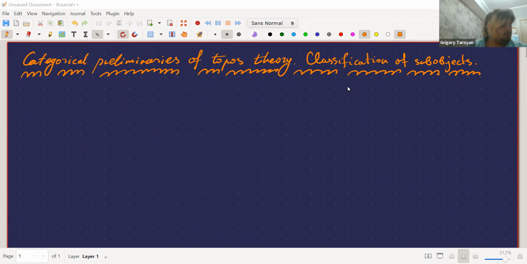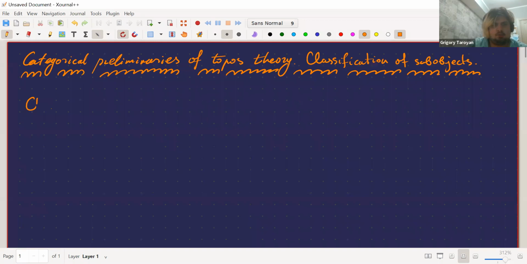So I will start by describing some very basic properties of the category of sets that we want to generalize to arbitrary topoi. But we don't know what a topos is yet, so we just want a category to have some good properties which make this category much like the category of sets. Okay, so first of all,